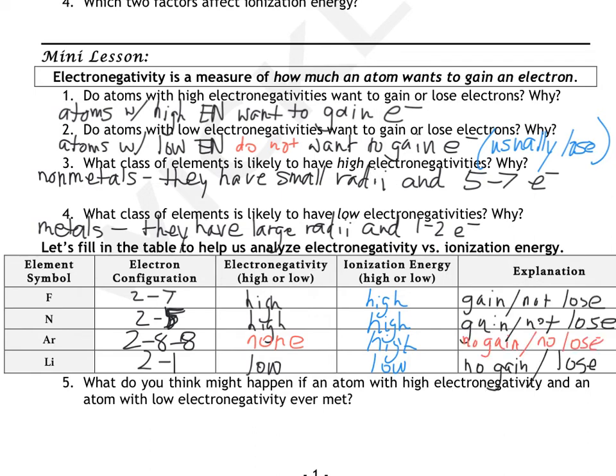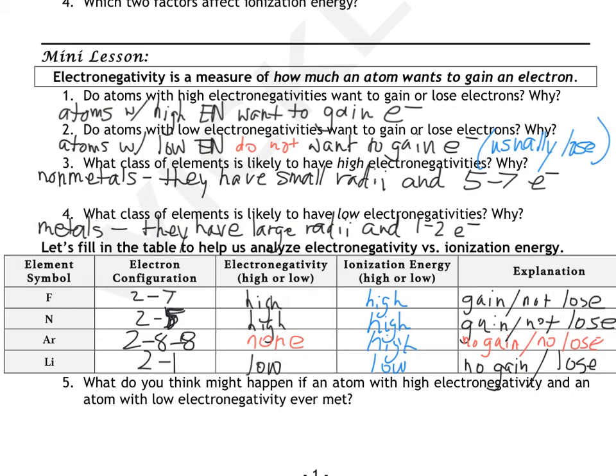So over here, I just went ahead and put in some very quick explanations for each of these about whether they want to gain or lose, or gain and not lose. And I'm talking about electrons here. So fluorine wants to gain electrons, not lose them. That explains this and this. Similar for nitrogen. And then for argon, it does not want to gain and does not want to lose, so that explains that and that. And for lithium, it does not want to gain, but it does want to lose, so that explains both of those things. And my last question on this page says,